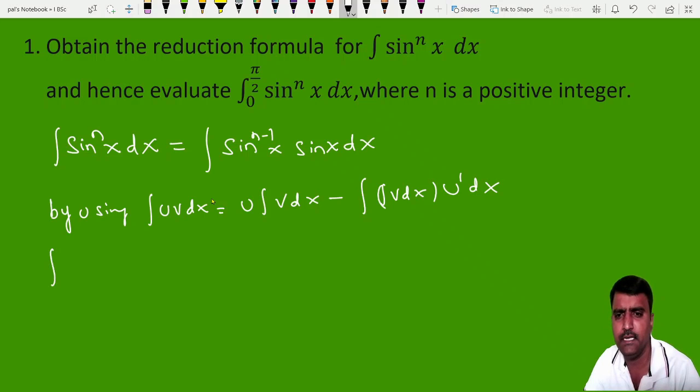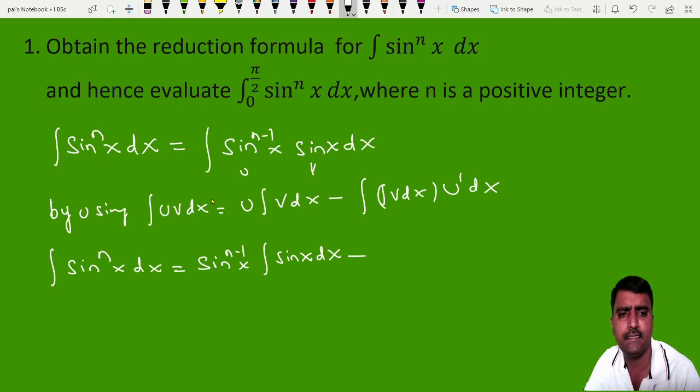So the integration of sin to the power n x dx is equal to, here you take sin x as v and the other as u, and apply this formula. So u means sin to the power n minus 1 x into the integration of v, that is the integration of sin x dx, minus the integration of v, that is the integration of sin x dx,